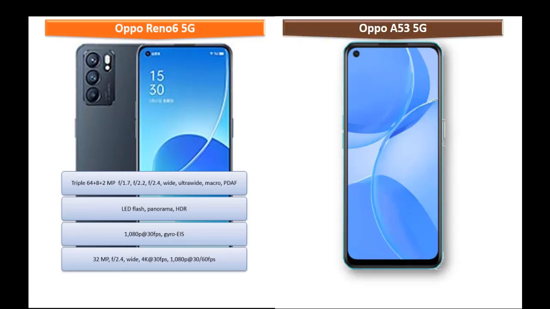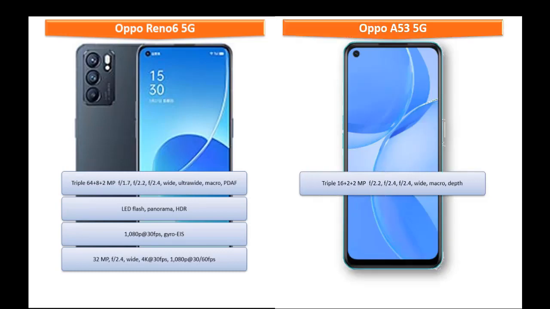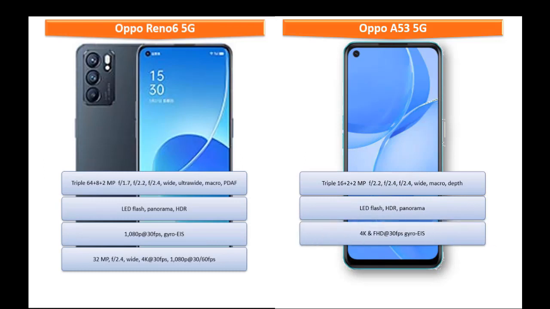Moving on to the primary camera of Oppo A53 5G, it comes with a triple primary camera setup with 16 plus 2 plus 2 megapixels with 2.2, 2.4 and 2.4 apertures with wide angle, macro and depth sensor. It comes with LED flash, HDR and panorama mode. It shoots videos of 4K and Full HD at 30 frames per second with gyro EIS and is also equipped with an 8 megapixel secondary camera with wide angle and 2.0 aperture